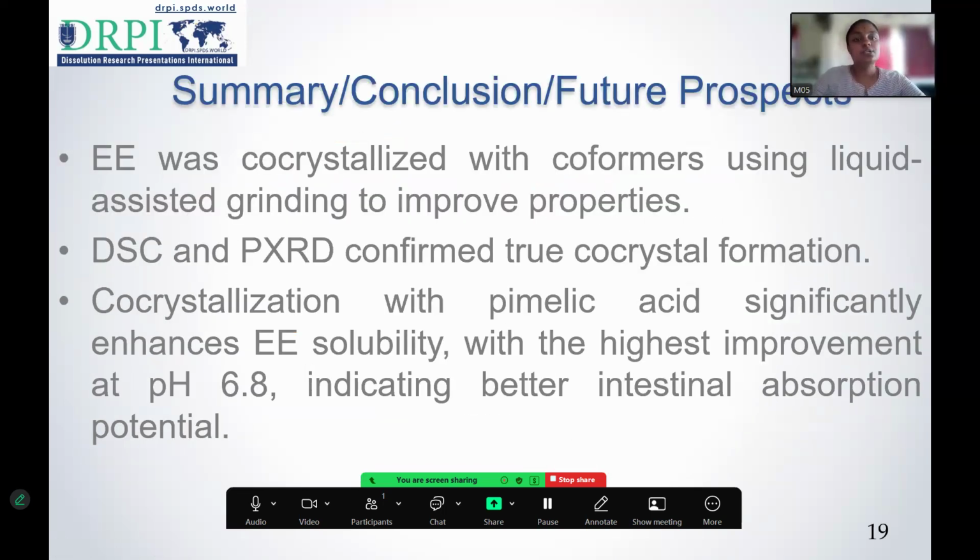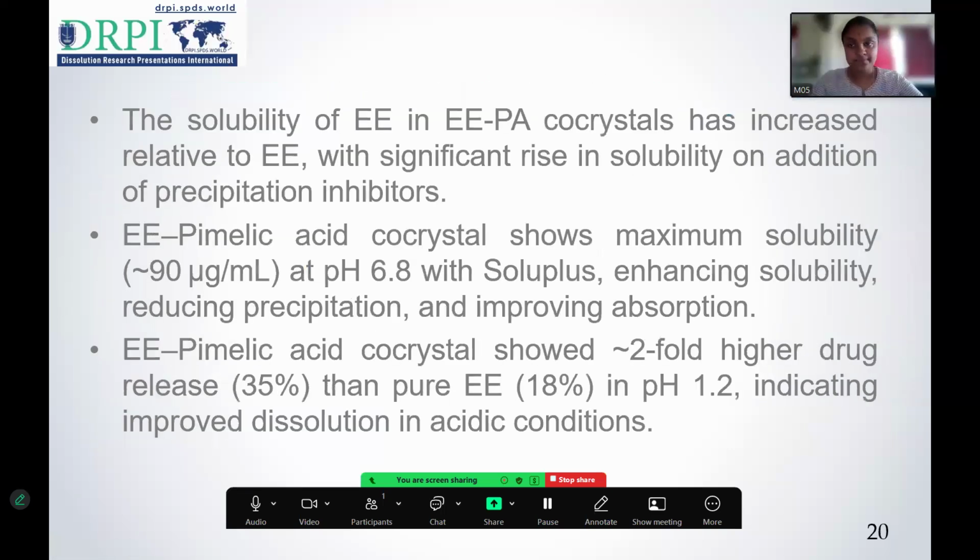Next, summary, conclusion, and future perspectives. The drug was co-crystallized with coformers using liquid-assisted grinding method to improve properties. Then DSC and PXRD confirmed true co-crystal formation. Co-crystallization with pimelic acid significantly enhances the drug solubility, with the highest improvement at 6.8 pH, which is indicating better intestinal absorption potential. The solubility of the drug in co-crystal has increased relative to the drug,